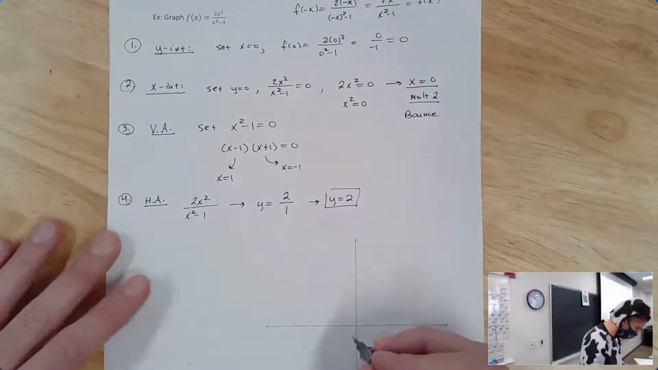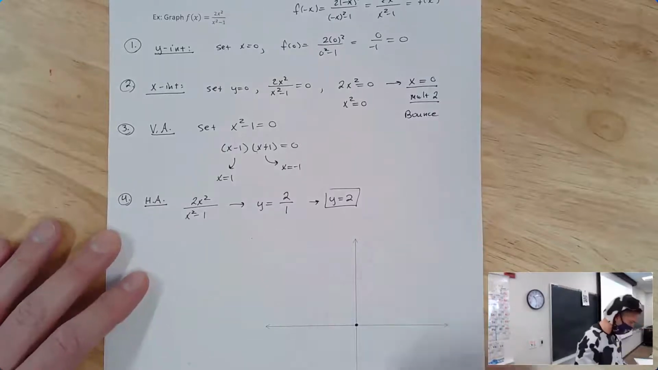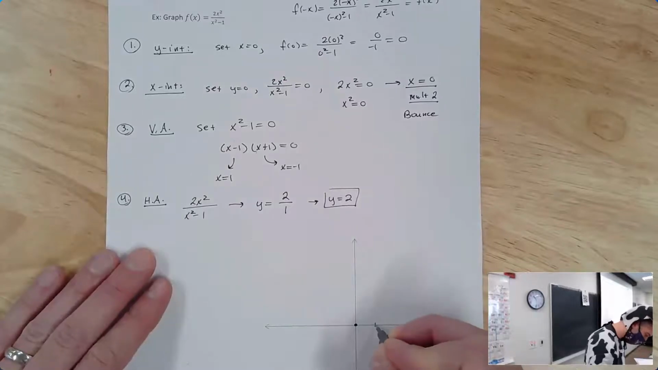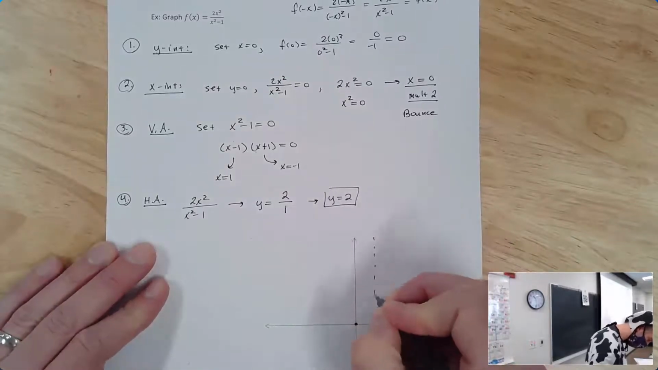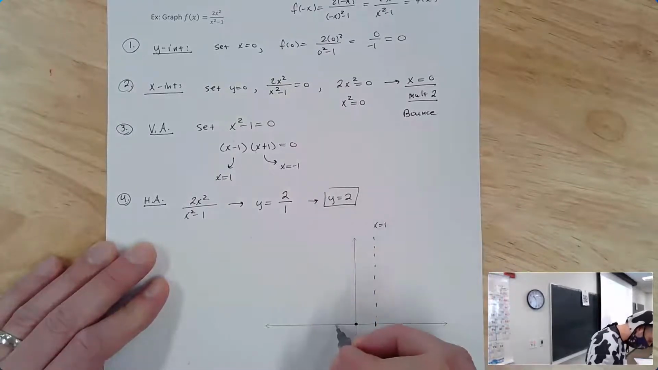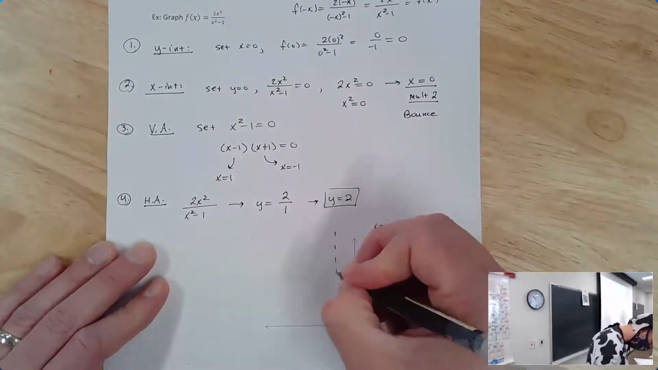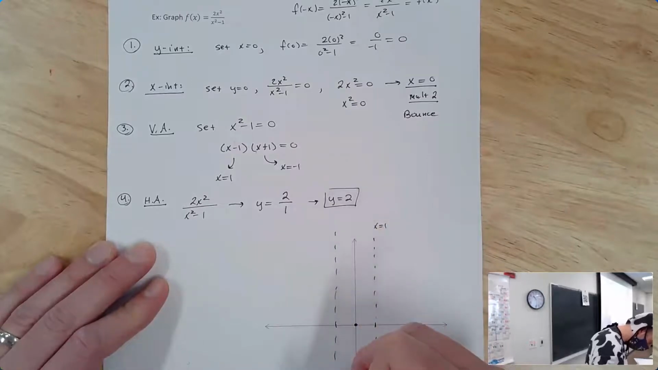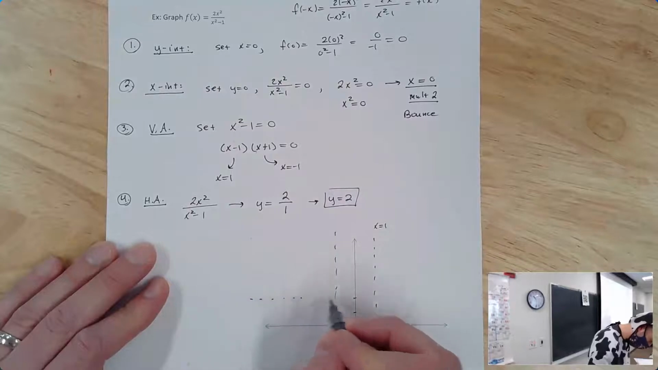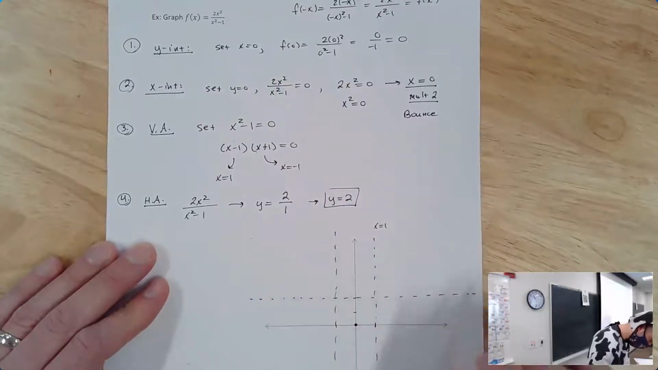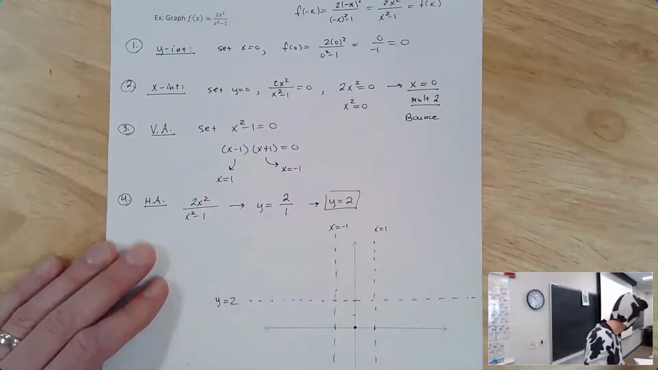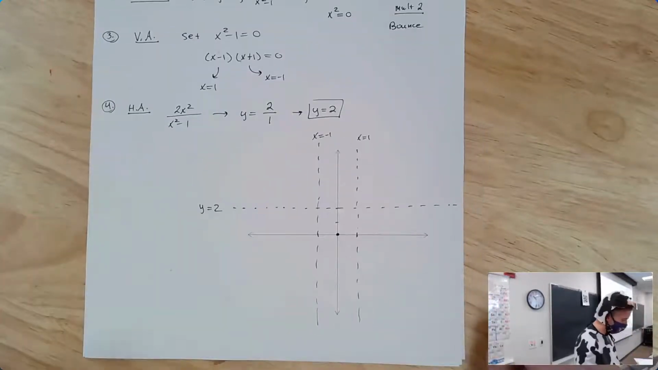So I have the origin. Great. I have vertical asymptotes at x equal to 1 and negative 1. So there's x equal to 1. Negative 1. And then I also have a horizontal asymptote of y equal to 2. Okay. And now,